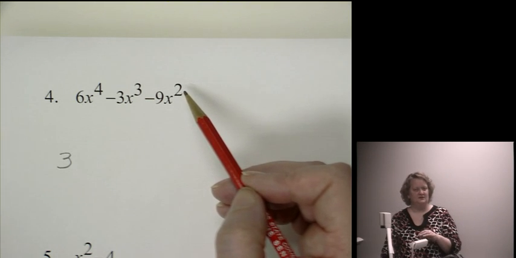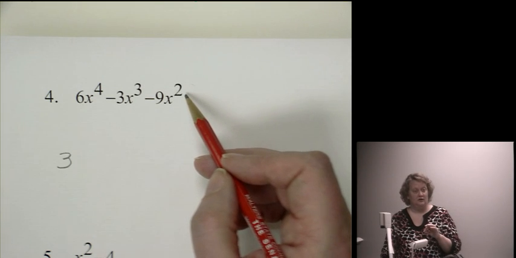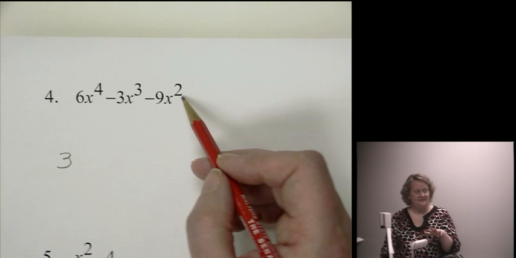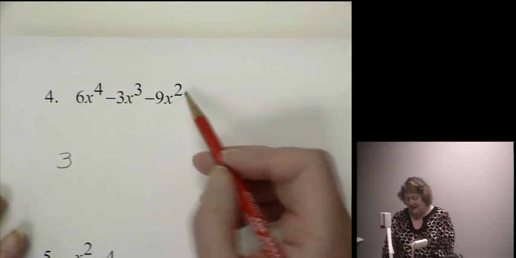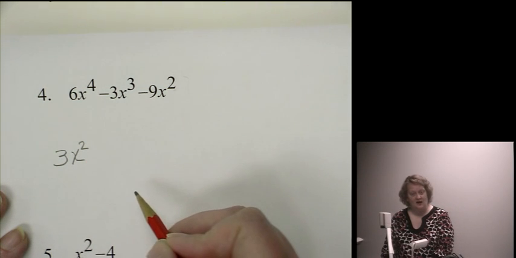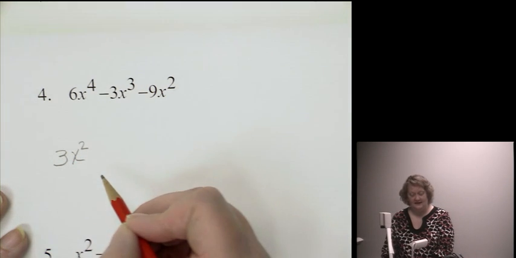Let me say that again. It's the smallest power of your variable that determines the greatest common factor, because it's the one that can give everything but can't give something it doesn't have. So in this case, x squared is my greatest common factor, because I can take 2 x's out of x to the 4th,